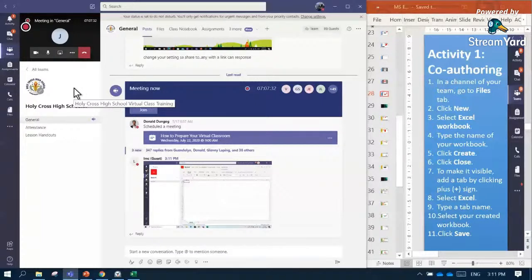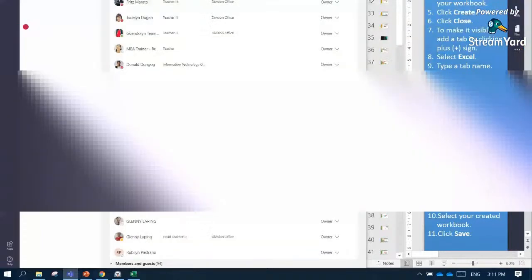To apply these steps in creating a workbook for co-authoring, you can do that if you are the owner of the team. You cannot do that here in our Holy Cross High School virtual class training team if you are not the owner. So you can do that in your own team.